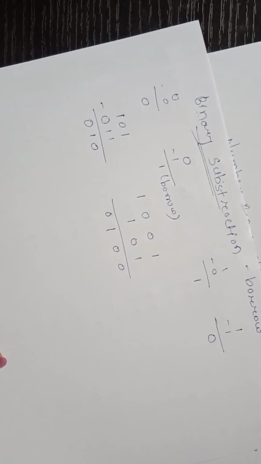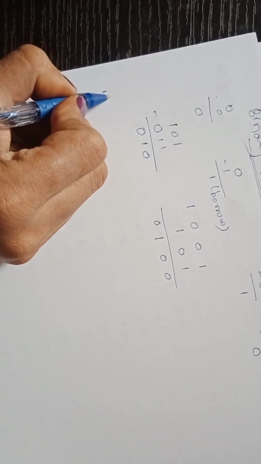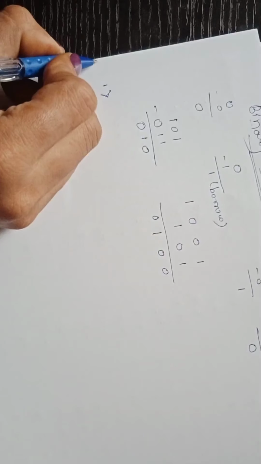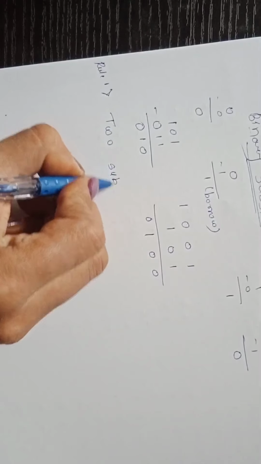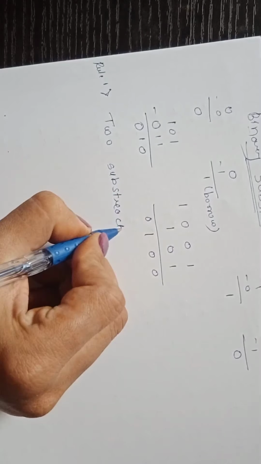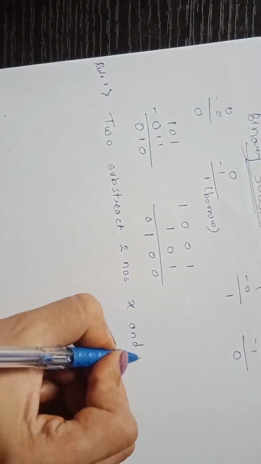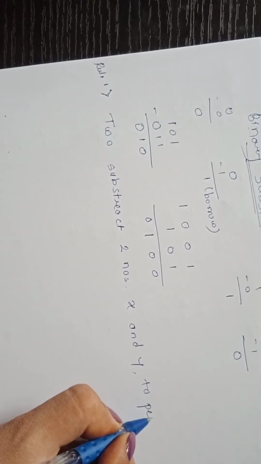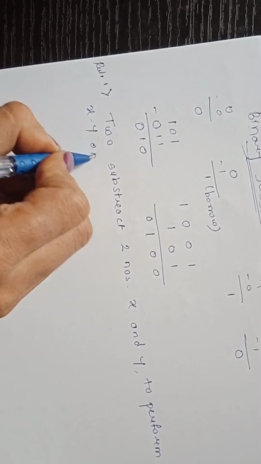Okay, so this is about binary subtraction. Now there are two rules to find out the two's complement for addition and subtraction. The first rule, rule number 1, is that to subtract two numbers, let's say x and y, that means to perform the x minus y operation,